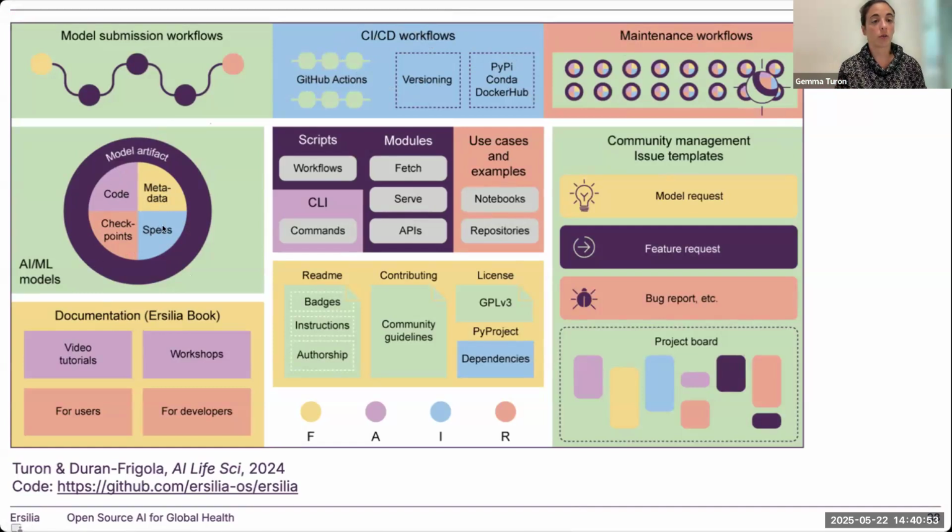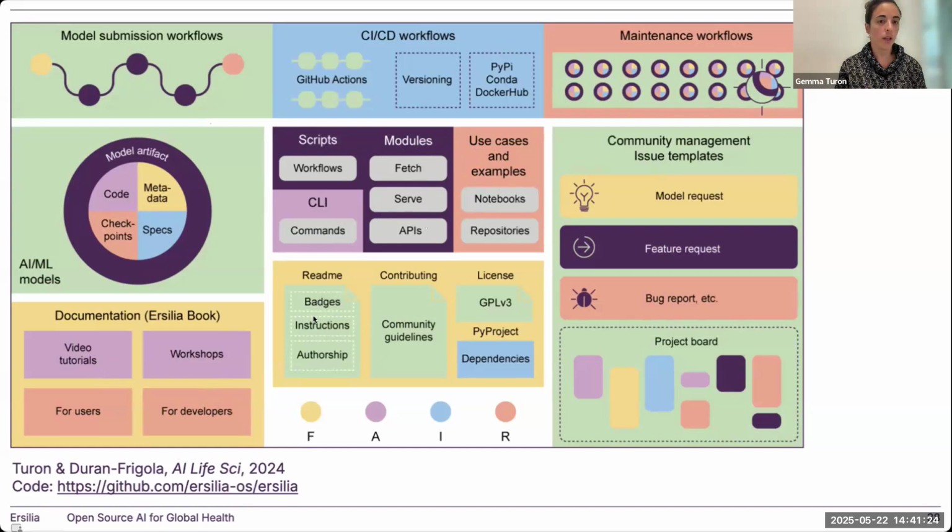We explain thoroughly how to use these models through our documentation in the Ersilia book, but also through videos, a lot in workshops, a lot through our internship programs, etc. We basically have a lot of different modules that allow us to maintain these APIs, to provide examples of how they are used. We have a CLI. We also have a Python interface. We have all the documents to make our software more findable.